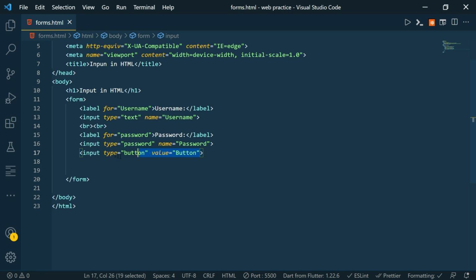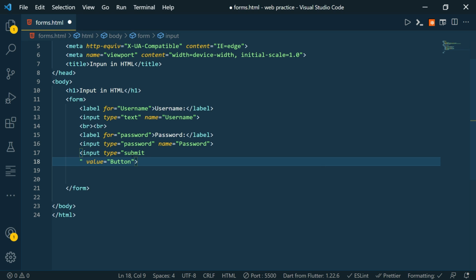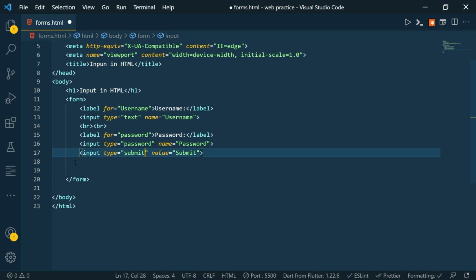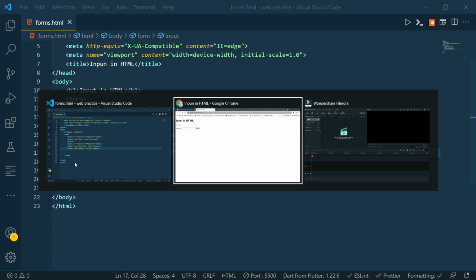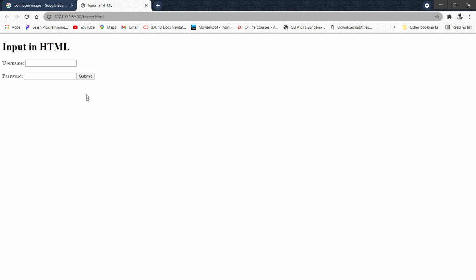I just showed you. And the next type of button we have here is a submit button. Value will be whatever we want. I'll write submit. So you can see we have a submit button over here.